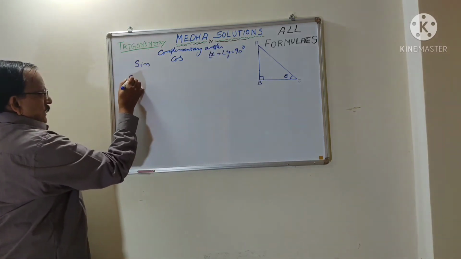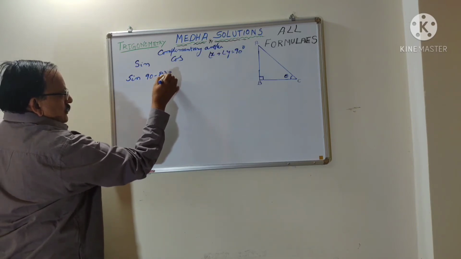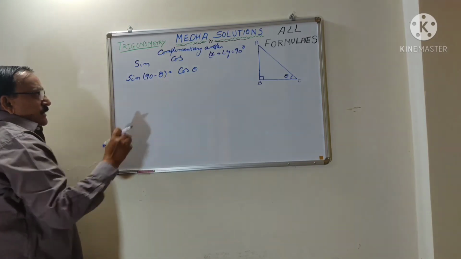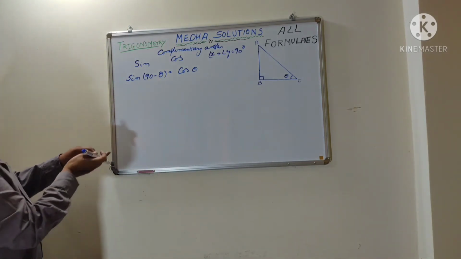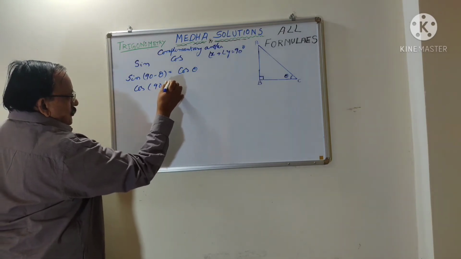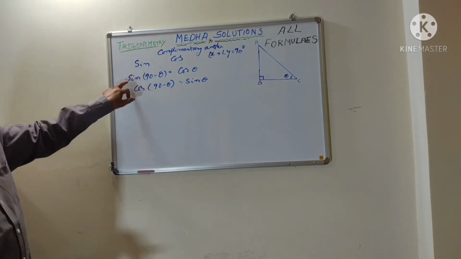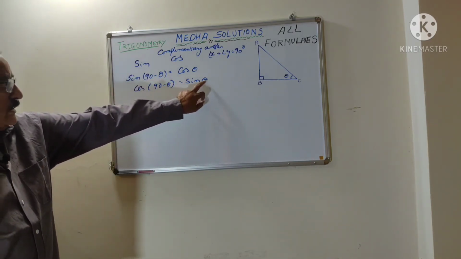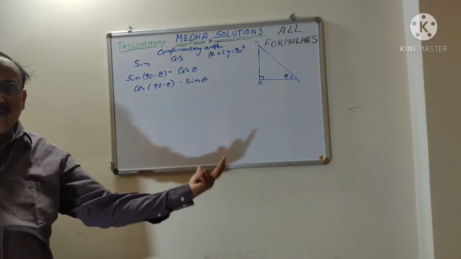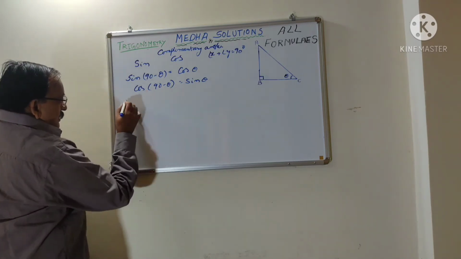See, sin 90 minus theta is equal to cos theta. For example, one more thing, cos 90 minus theta is equal to sin theta. If you know the sin value, here sin 45, so 90 minus 45 is 45, that is equal to cos 45. So like this, and then the others are sec